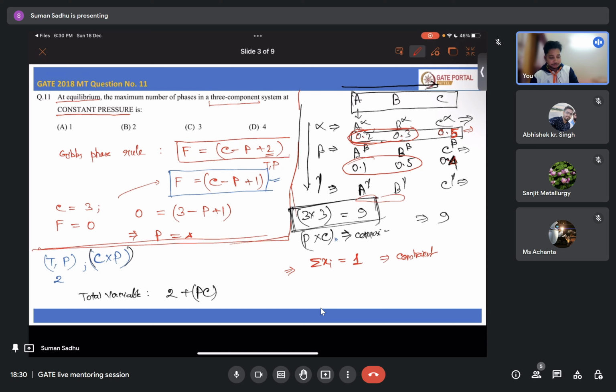Like if you know the composition of A and B, you can easily tell how much mole fraction of C is there, because the total mole fraction is always 1. The summation of your mole fractions is 1, right? So in this case, what will be your total number of independent variables? This is the total variable. Now the independent variable total